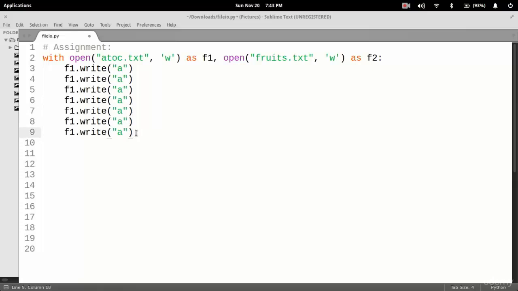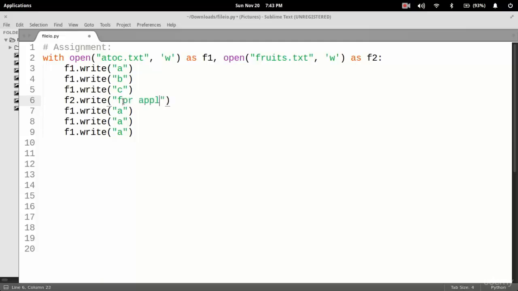It's almost 6 times, that's okay. Then F1 dot write B, F1 dot write C, then F2 dot write